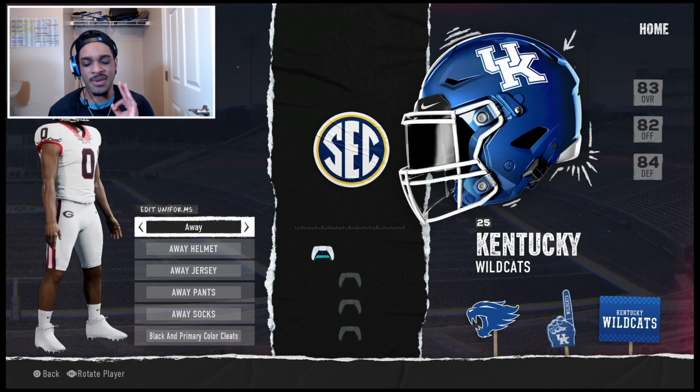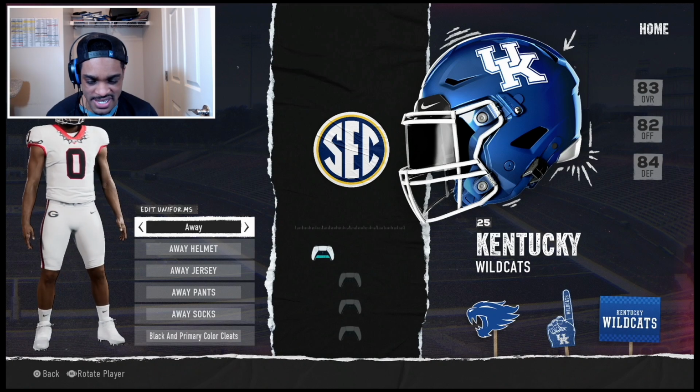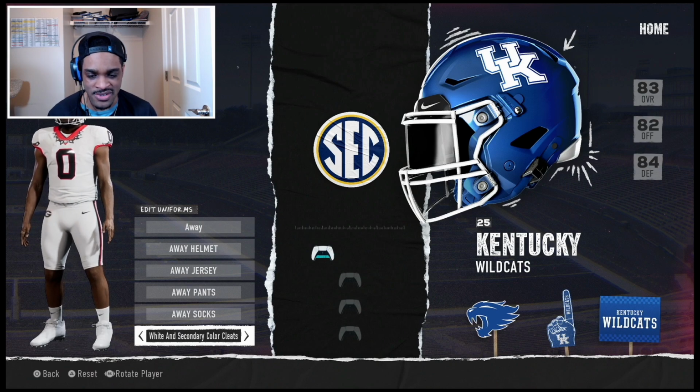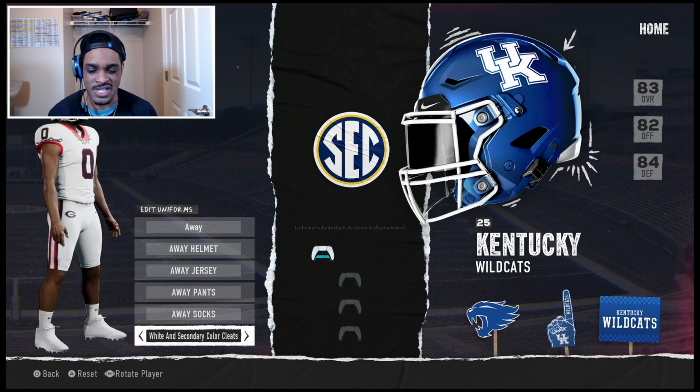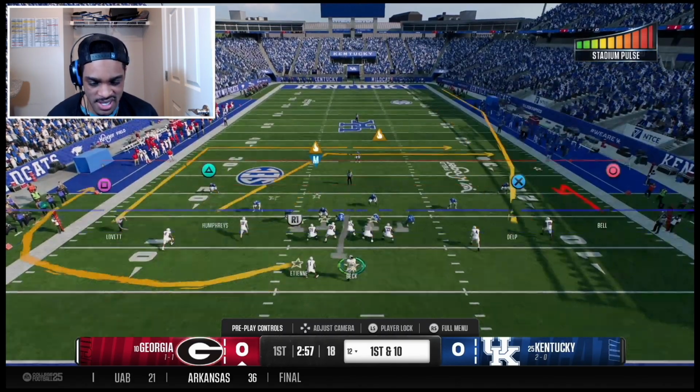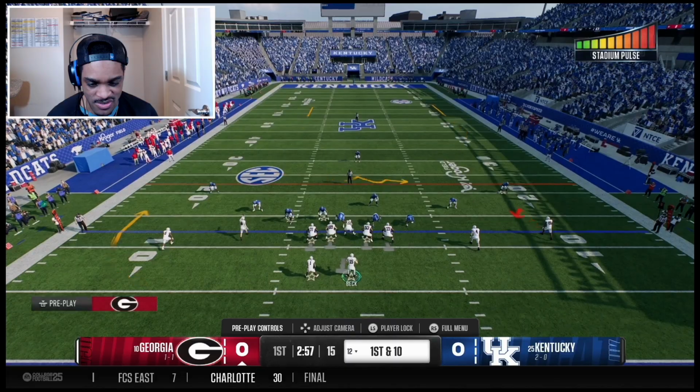Here we go for game number 3. We're going against Kentucky with the all-white here, which Georgia doesn't have. I don't know, they're too stuck on tradition, but we gave them an all-white. So here we go. Let's see if we can score against the University of Kentucky Wildcats as quickly as possible,